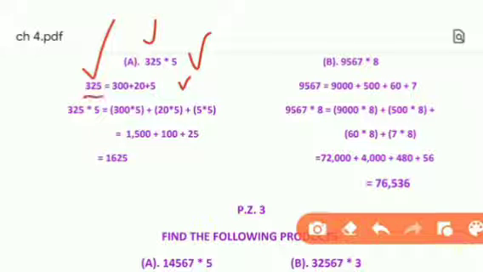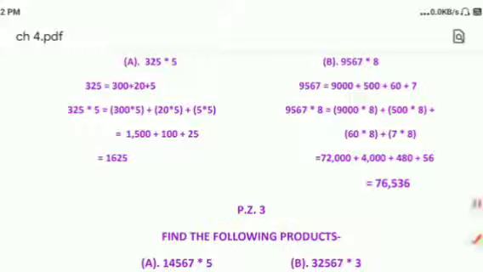Suppose this 325 is given here. First we will write the first number. The first number is 3, and after 3 how many numbers are given there? 2 numbers. Then we will mention 2 zeros here. Then after 3, 2 is given here, and how many numbers are after 2? Only one number, 5. Then we will mention 1 zero here. And after 5 is there any number there? No. Then we will write 5. So this is how we'll expand any number.